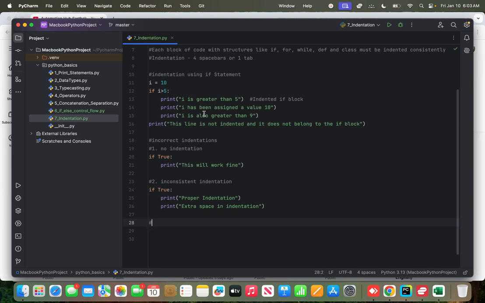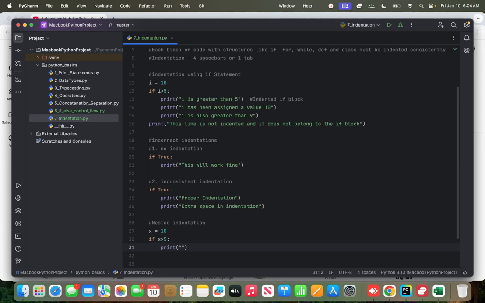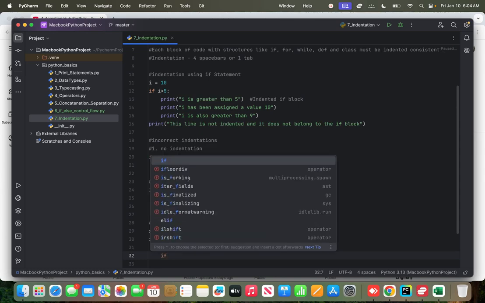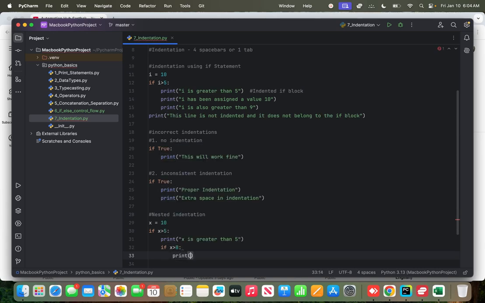Okay, now let's learn about nested indentation. Nested indentation is like when you have an if block inside an if block, there also you have to be careful with the indentation. So let's write x equals to 10, if x greater than 5, I'll write here print x is greater than 5. Okay. If I'll write if block again, if x greater than 8, print x is also greater than 8,